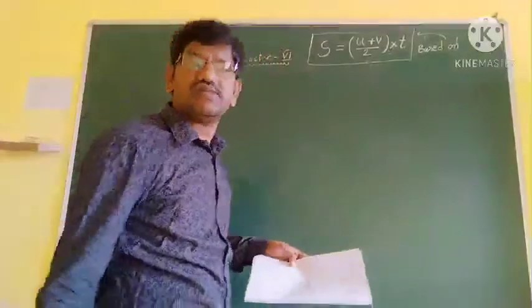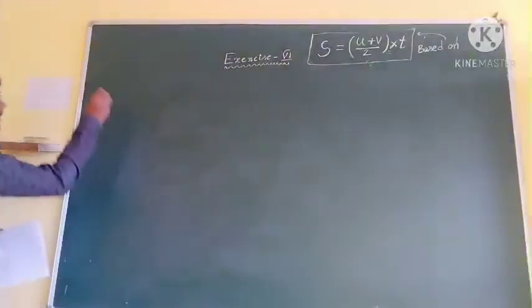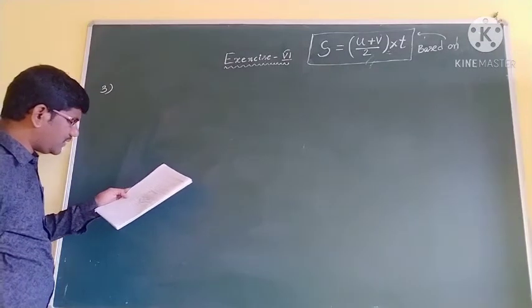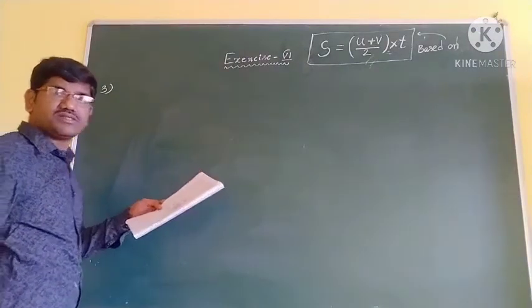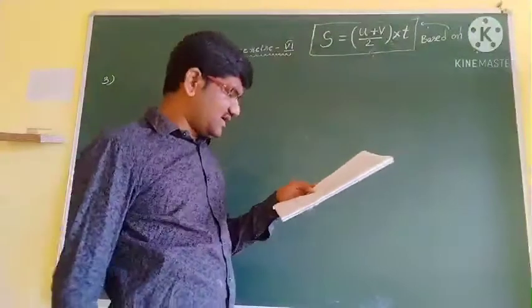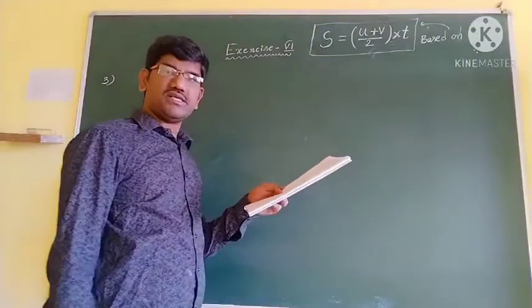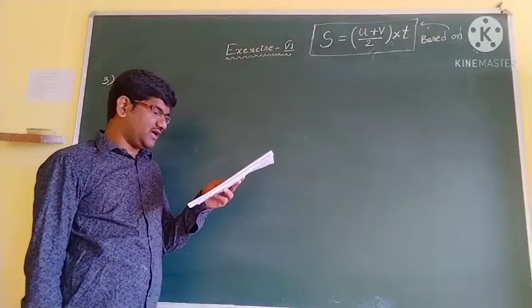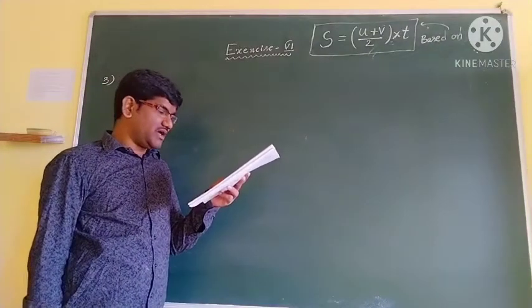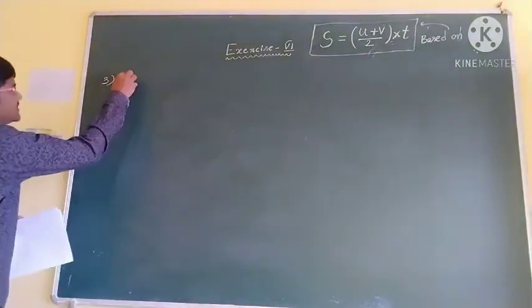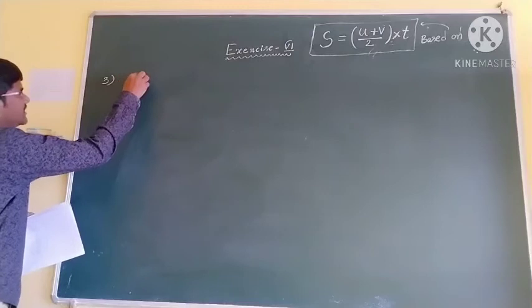Okay students, now we are doing problem number 3. A uniformly accelerated car is found to possess the velocities 12.5 meter per second and 135 kilometer per hour at 2 different places in its path. So initial velocity is